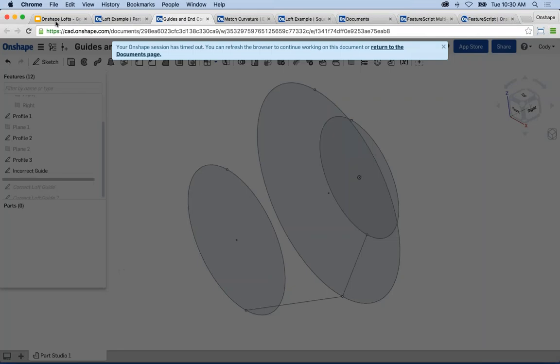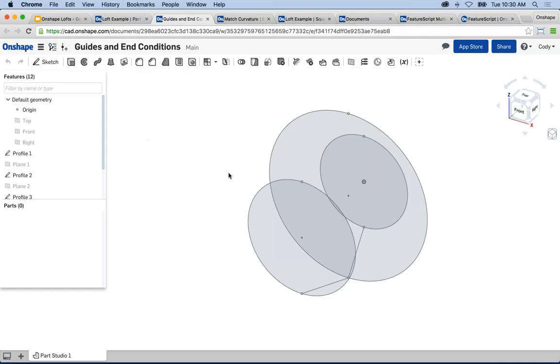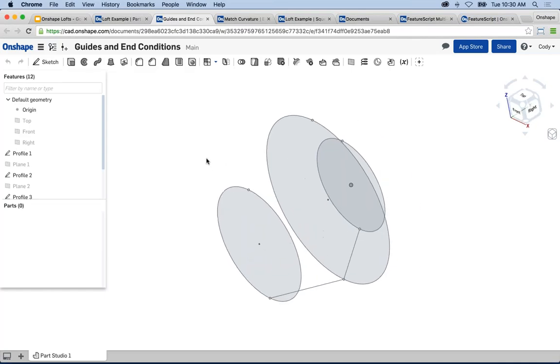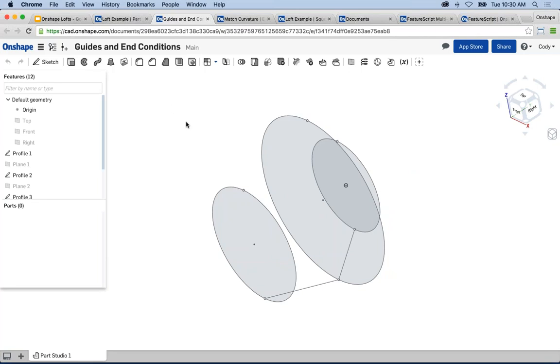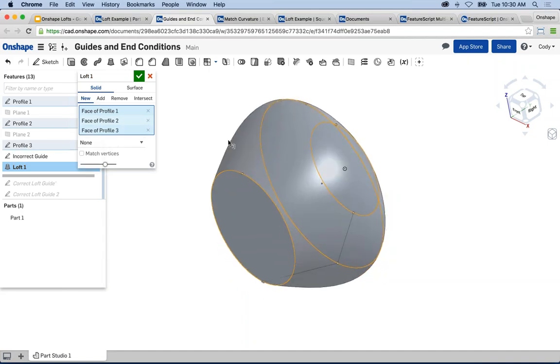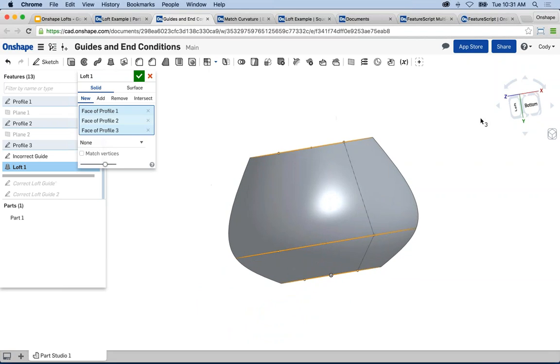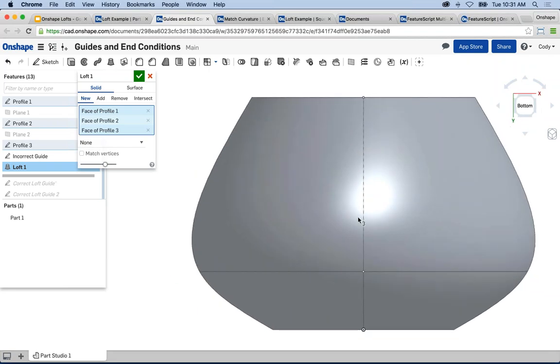I'm jumping ahead just a bit here. I want to first go over in conditions and the various examples where you might use the different in conditions. So here's a similar example to what we had before, and I just want to create a simple loft between the three circles. Now, this shape, as I mentioned before, is determined by the loft command itself,